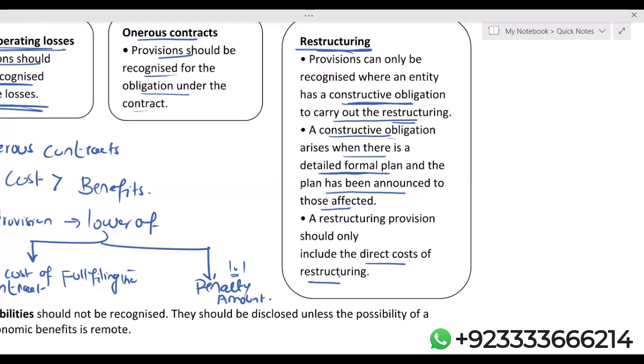Even though there's a detailed formal plan which is approved by the BOD, and let's say there's a public announcement as well, the question is, when will you implement the restructuring plan? That is very important. If you say that you'll be implementing this restructuring plan after 2 years, after 3 years, it's a really big delay in implementation. So according to IAS 37, there's a significant delay. And when there's a significant delay, obviously it is most likely that there will be no restructuring.